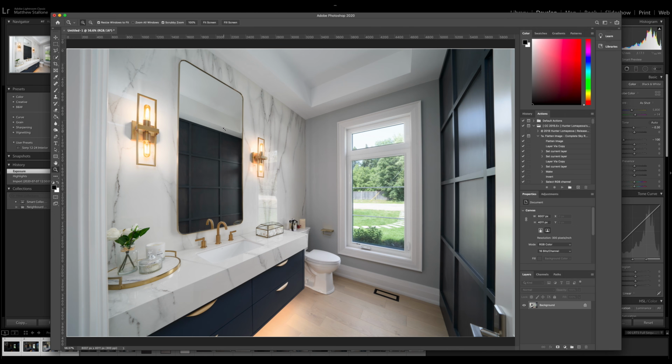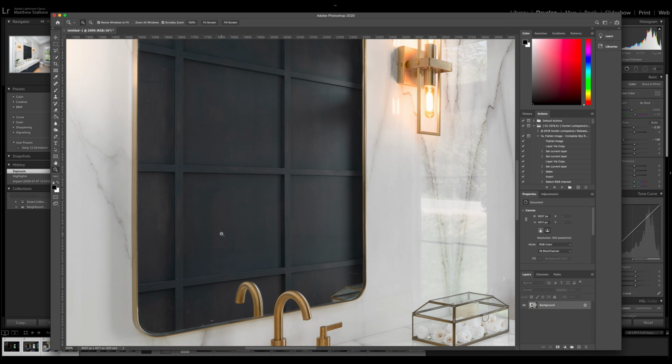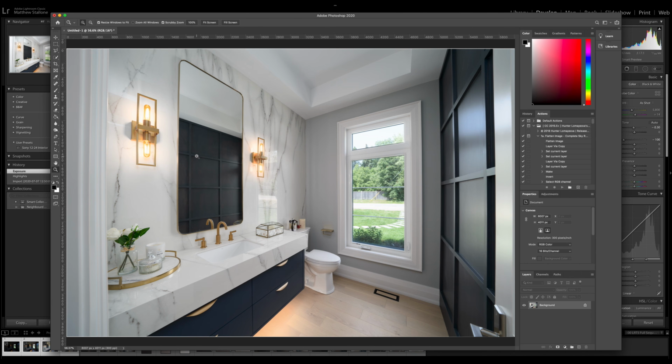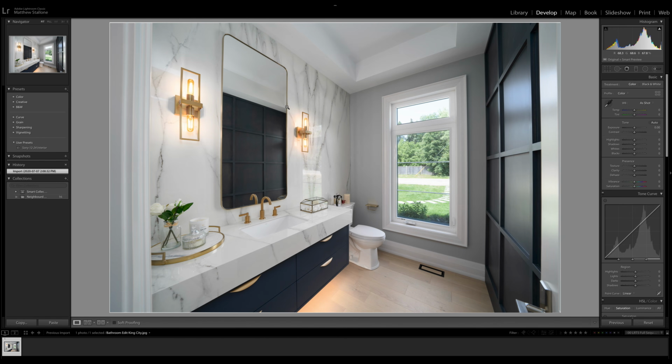Let's back out, definitely. So there's some other things that I see here, like, obviously the stain. There's some issues with the stain here. That's nothing really that I can do. That's more of the installation side of it, so that's not something I'm going to worry about. But in terms of the actual photo and everything, now I'm going to make some other adjustments. So I'm going to go ahead and press save. All right, so now that we have it back into Lightroom, I'm going to go ahead and make some other